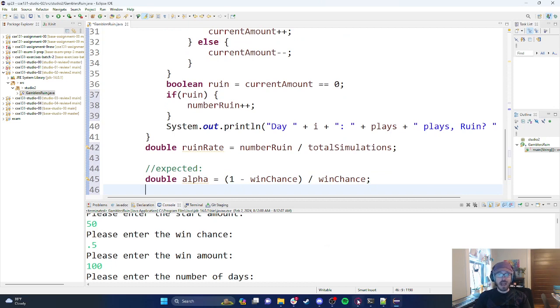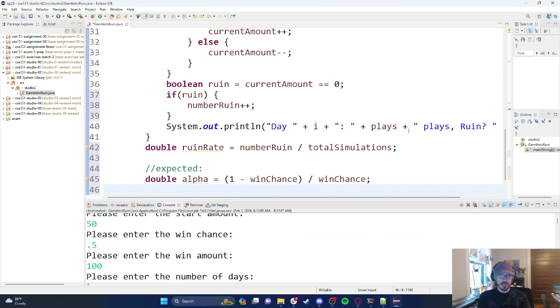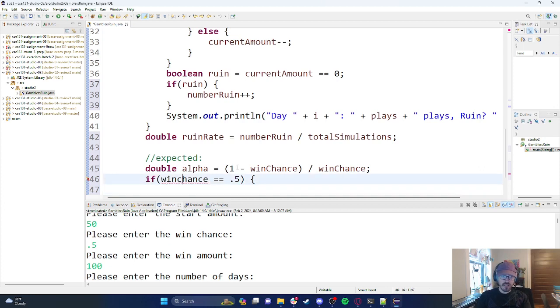Now that we have alpha computed, we can look at the first part. So we have two different outcomes depending on what the win chance is. So it looks like we're going to need to use, you see the word if used right there. I think we're going to need to use that in our code to compute our expected ruin value. One way that we can do this is, say, double... Here, I'll say if the win chance is equal to 0.5, I believe that needs to be a capital C,